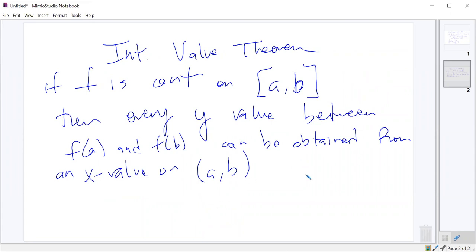And so effectively, if I'm going from A to B, it doesn't matter how I get there. Every value between f of A and f of B can be found by choosing something between A and B. We might be able to get some values outside of f of A and f of B if maybe my function